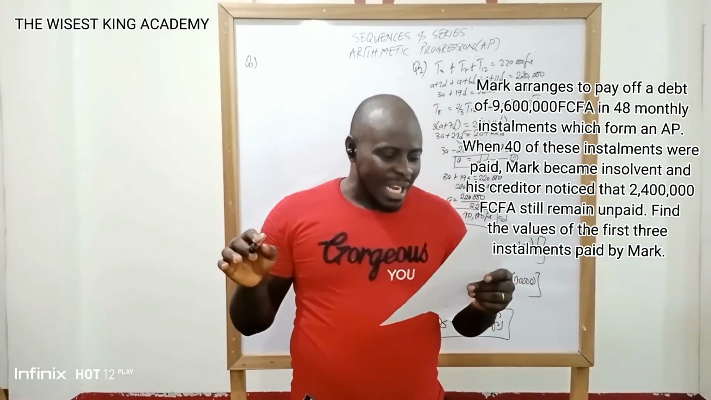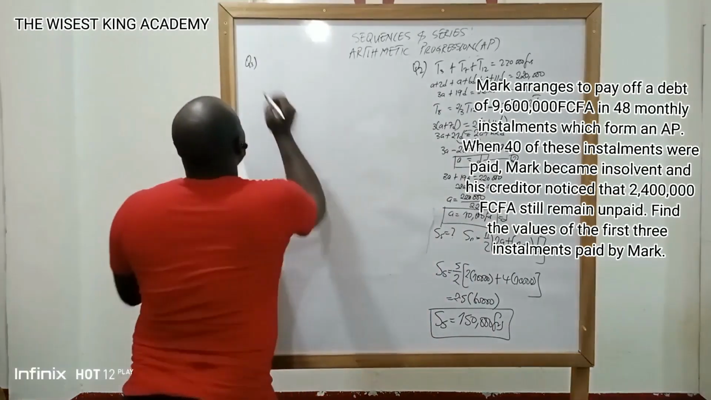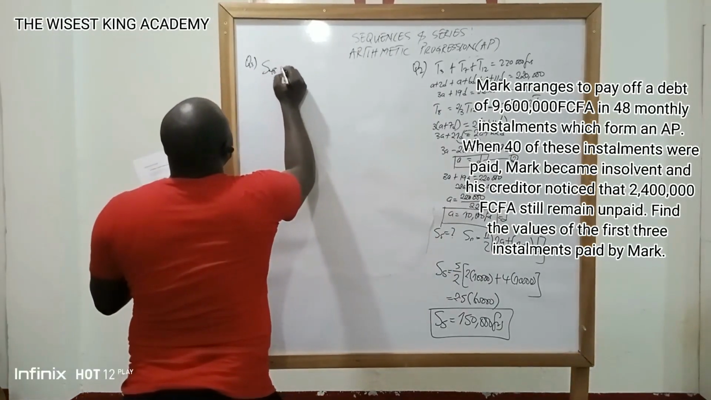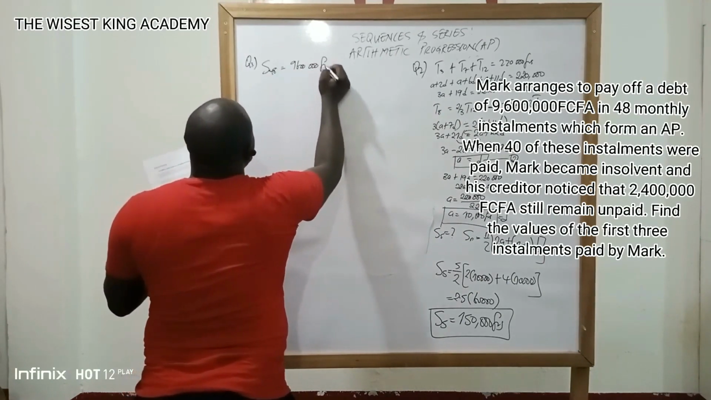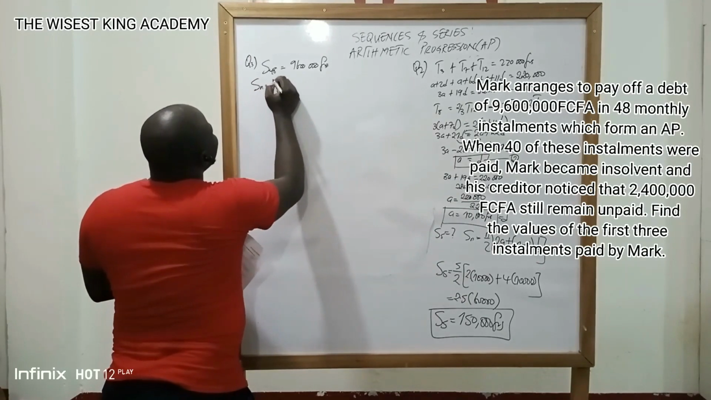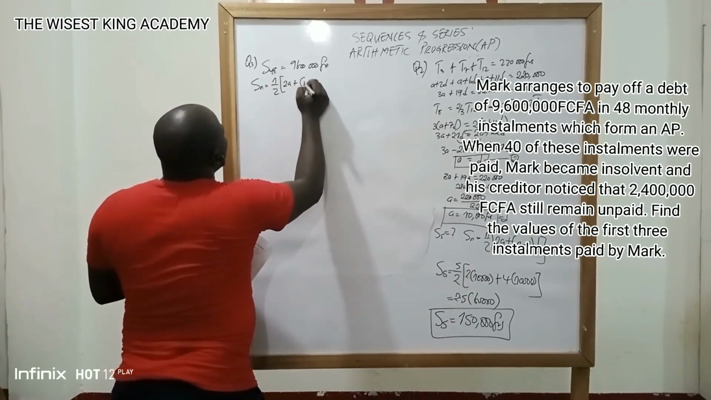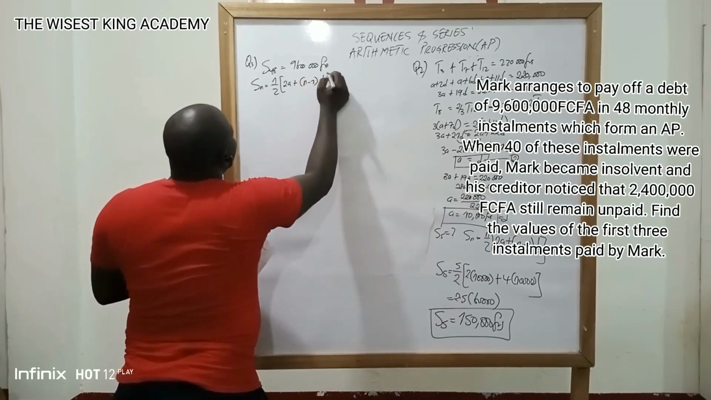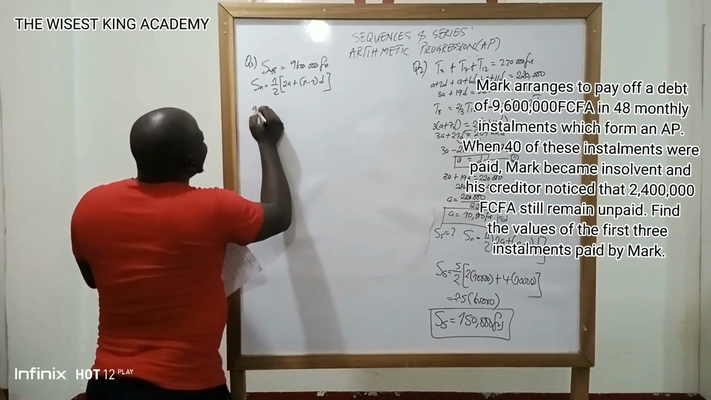9,600,000. In how many installments? 48 installments. So this means that S48 is equal to 9,600,000. This is nice. So let's look at how we calculate Sn. Sn is n divided by 2, big bracket open, 2a plus (n minus 1)d. So S48, which is 9,600,000,